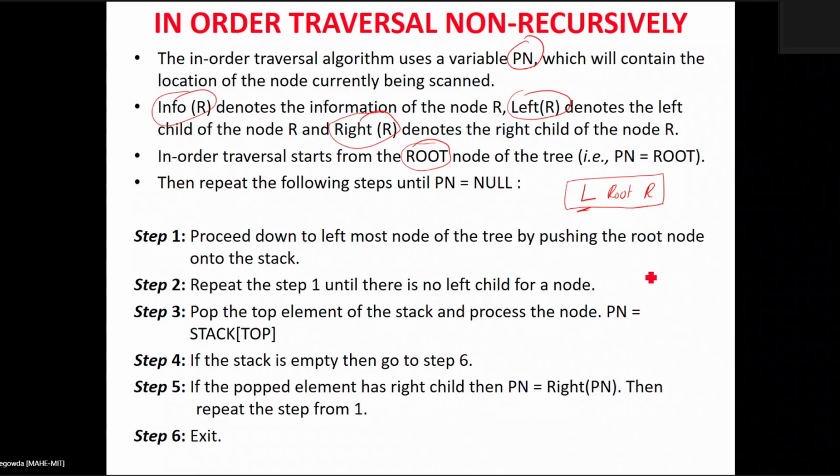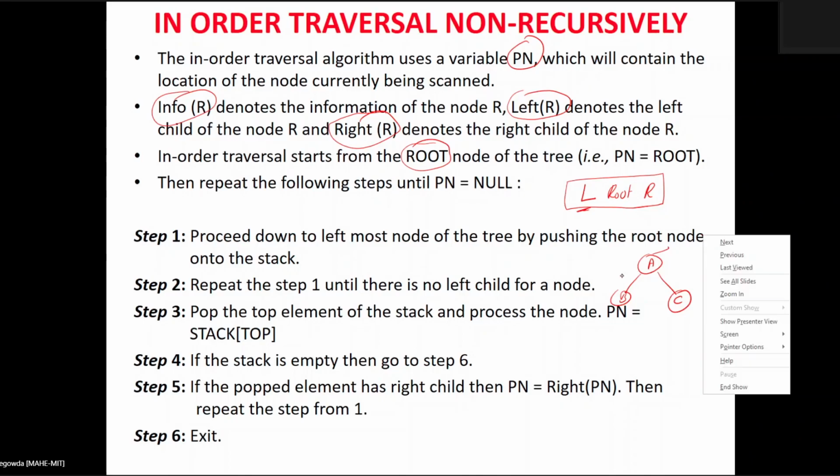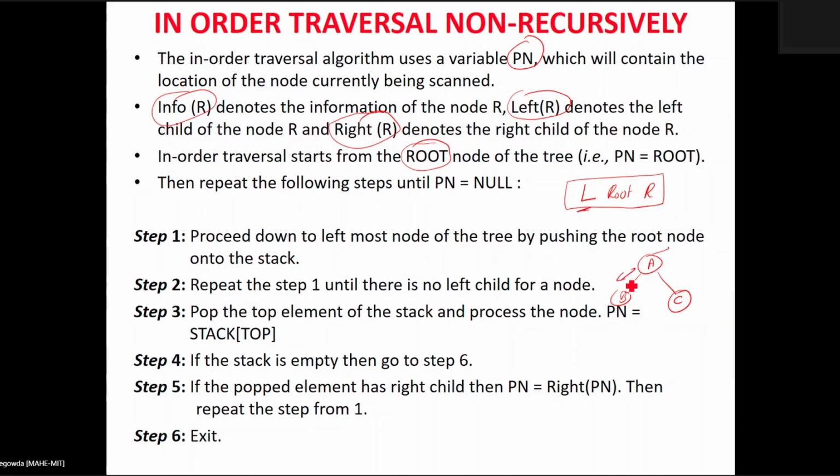Say for example, if I look at the example A and as well as the B and C. First I am starting with the root node, and I have to push the address of this root node onto the stack. Again, I have to traverse the left subtree and see whether the right subtree is there for V or not. The right subtree is there, and I have to push this one onto the stack. Then I have to traverse left. This is how we can do it. First we have to visit the leftmost node.